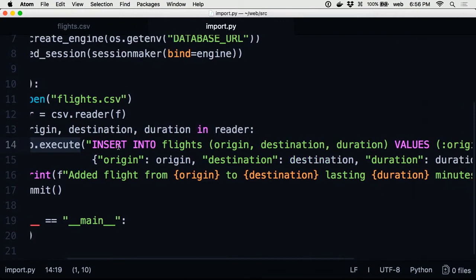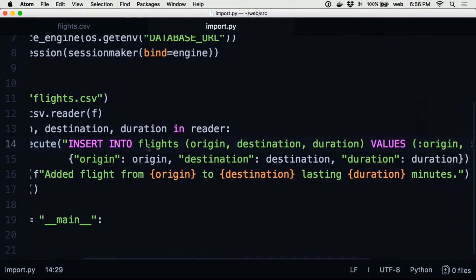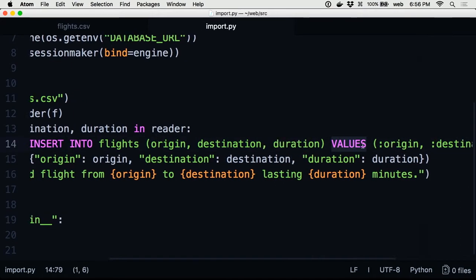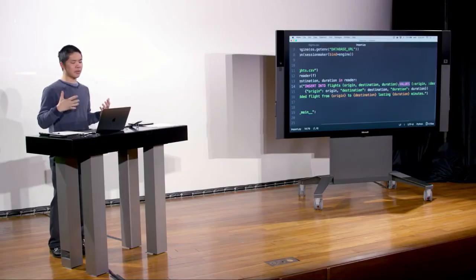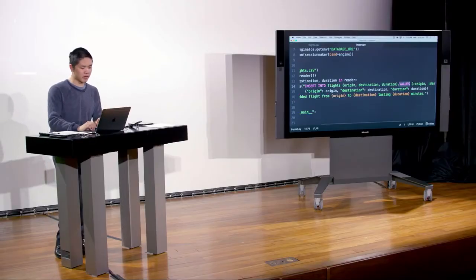And so what does this insertion look like? I'm going to insert into flights, origin, destination, duration, values. But notice that when I'm writing this code, before I look at flights.csv, I don't yet know what values I want to insert into my database. I don't know if the flight's coming from Lima or Shanghai or wherever. All I know is that I want to insert some origin, some destination, some duration, and I want to fill in those blanks later. And so SQLAlchemy supports the idea of placeholders for this purpose,